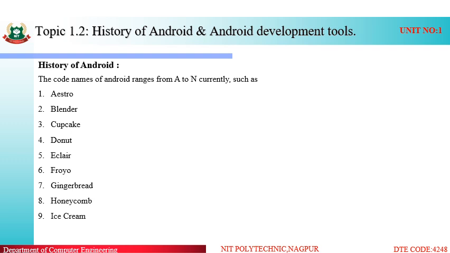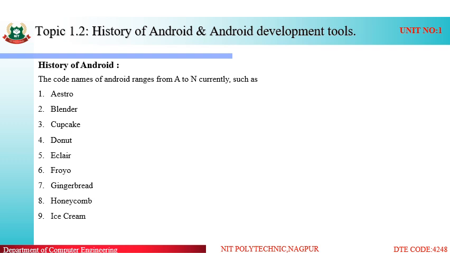So coming to the history of Android, the code names of Android, that is, the versions of Android. The code names are represented in alphabetical order, from A to N. The first version was Astro.